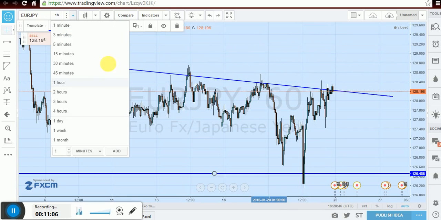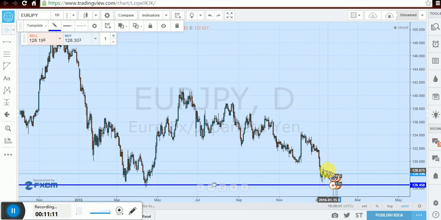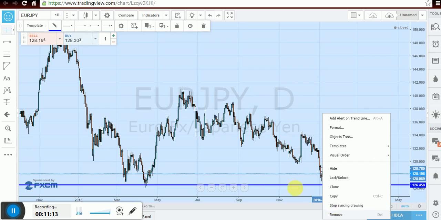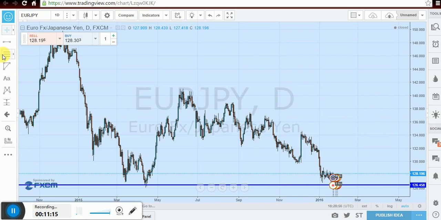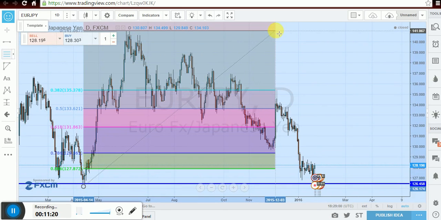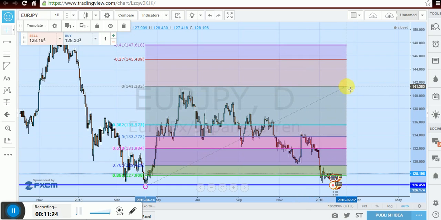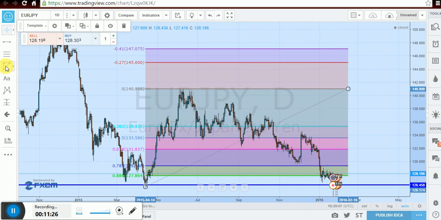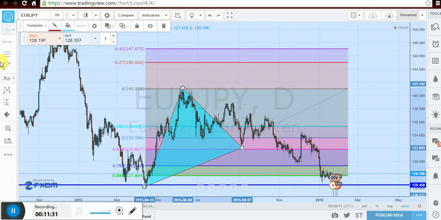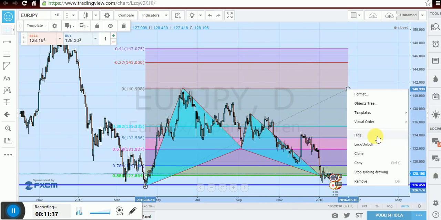Well, let me pop this back over to the daily chart and see if there's anything. Okay, we do have what might look like an advanced pattern. So let me go ahead and do an X to A leg. What did we get here? 50% retracement. So yeah, we do have an advanced pattern. It's a bat pattern. X to A, A to B, B to C, C to D. So we did have an advanced pattern that completed